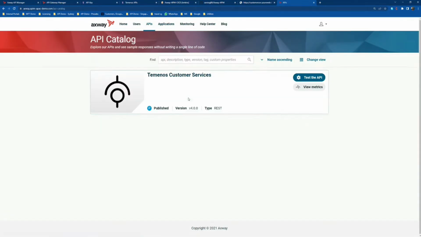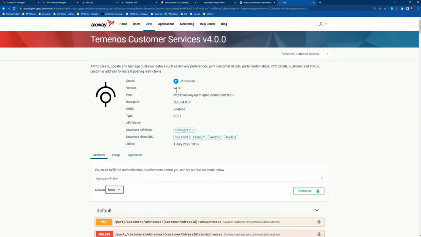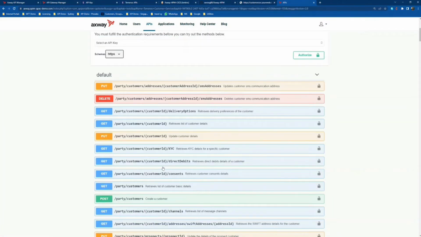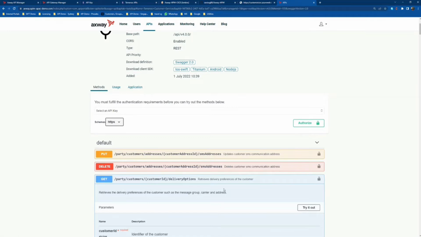And if I go into the APIs part, right, he can now see the Temenos Customer Services API, right? So you can only see this. You can go in here and see the documentation, okay? He could also pretty much do the testing if he wants to, right? So he could go into any of the options, try it out, get the responses